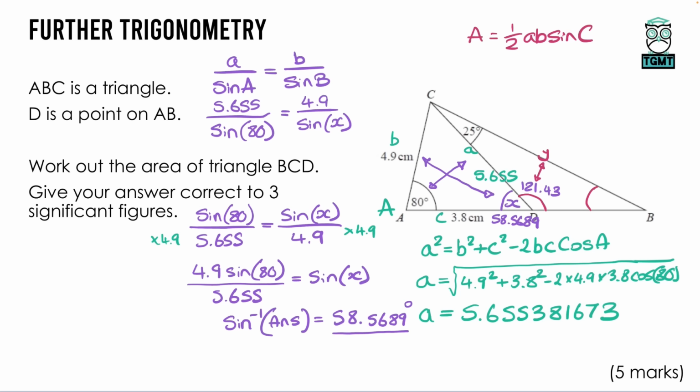So that leaves me over here with 33.5689. Again, I've used the full number every time, so I get 33.568949. At this stage, I'm just going to write the full number in so I don't get any rounding errors. And there we go, that angle there is opposite this